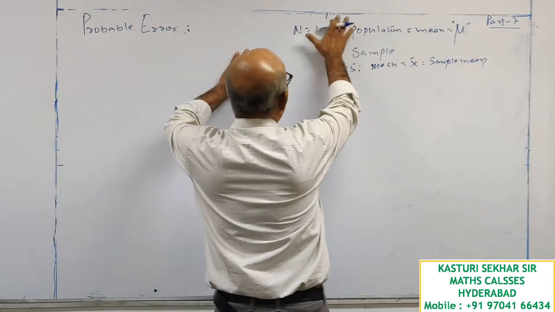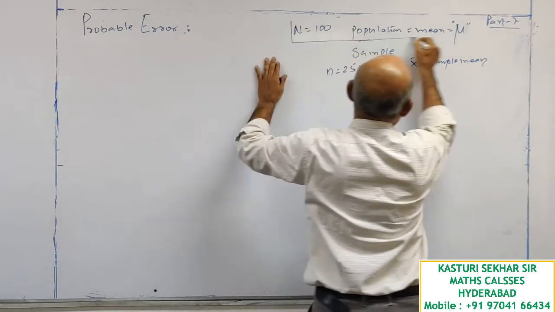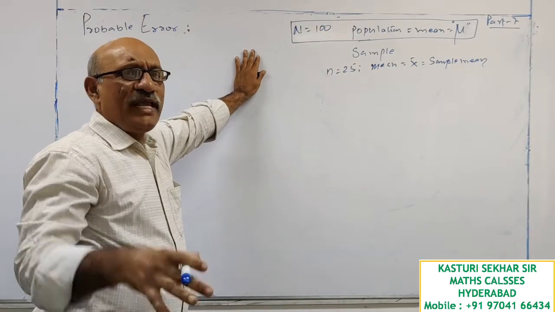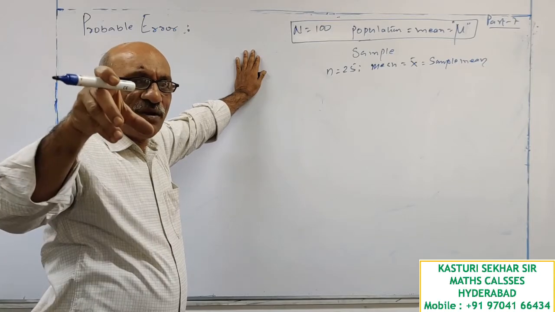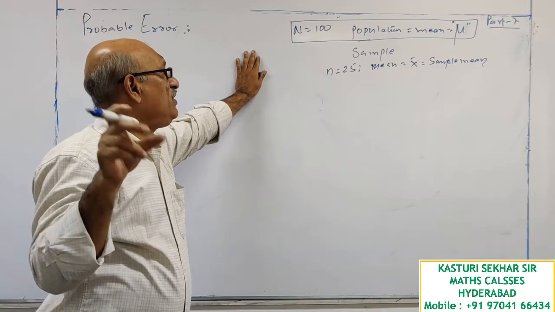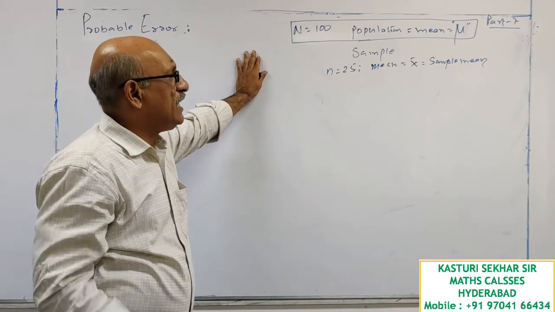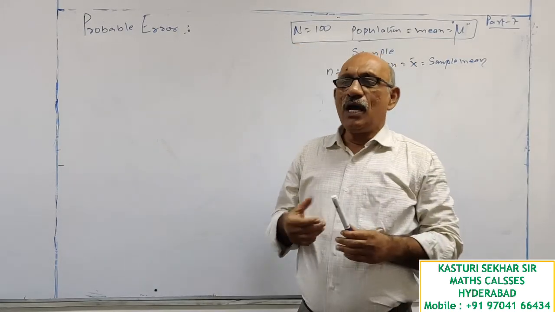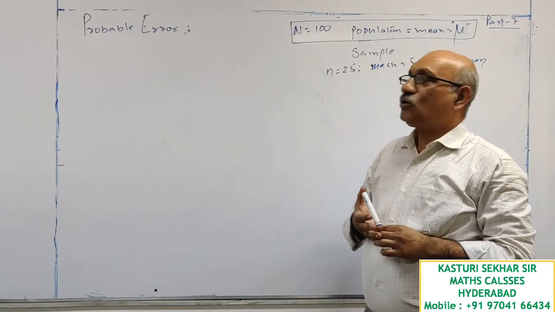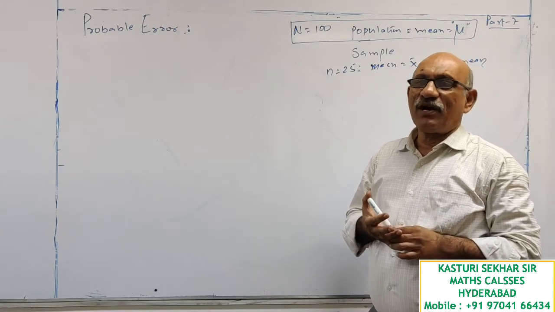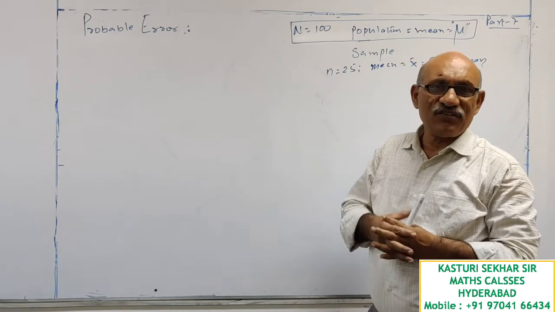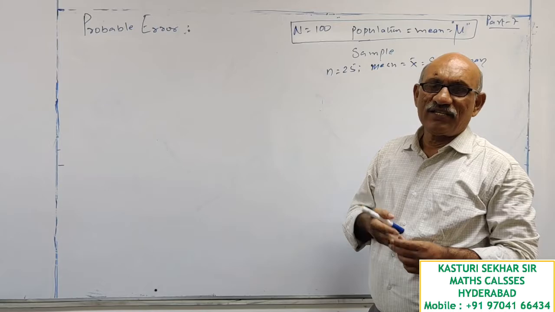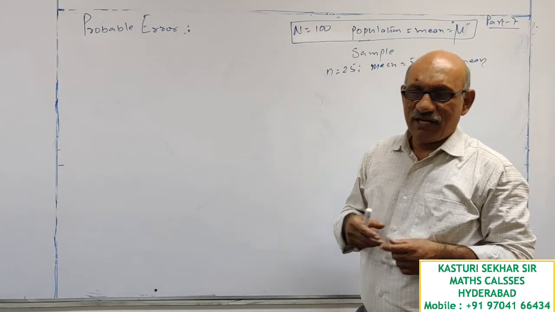When you do any calculations by considering all the students we have, then it is called population. When any experiment is performed for a selected number of items which are selected from the population, then it is called sampling. So far we have discussed the concept of correlation related to sampling. To know whether the calculations performed by you or the data is consistent or not, there is a test called probable error, which is used to test the reliability of the calculated value of R.